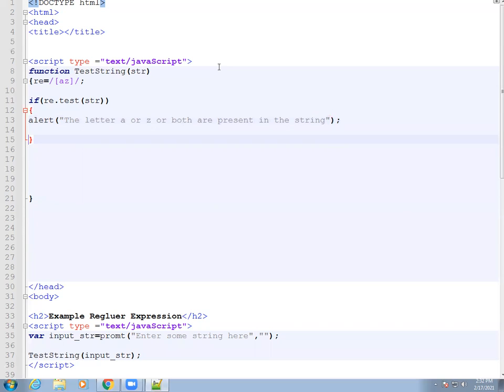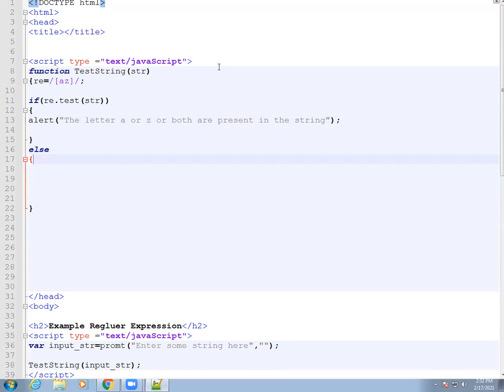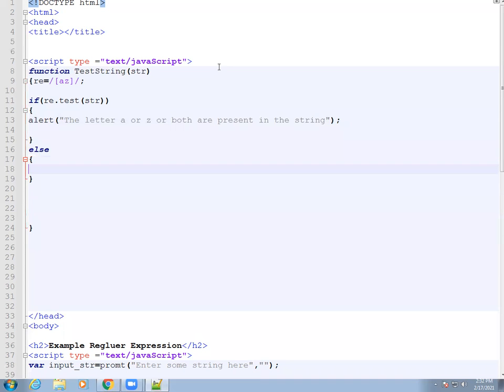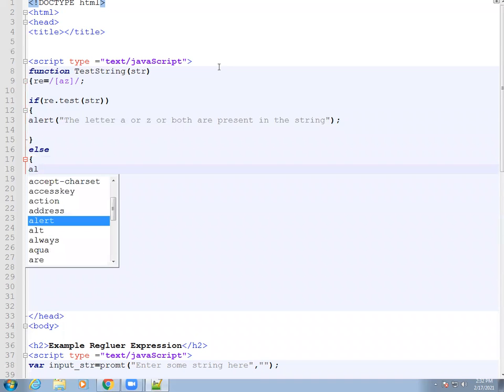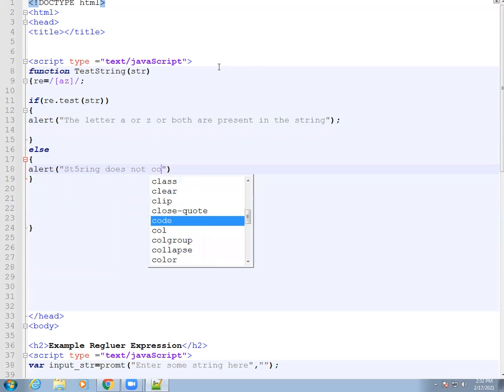Second thing is the else part. What will be the else part? In the else part we will write an alert message, and in the alert function we will write string does not contain A or Z or both. Okay.